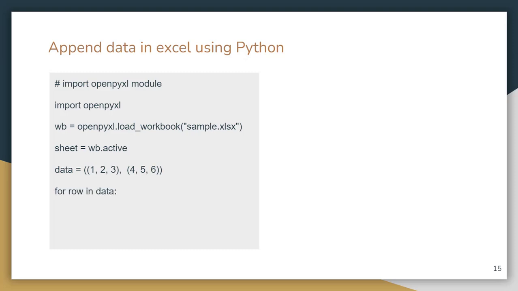For row in data, here we are going to use a for loop. For row in data: sheet.append, append is a method here. Inside the append method we provide the parameter row,